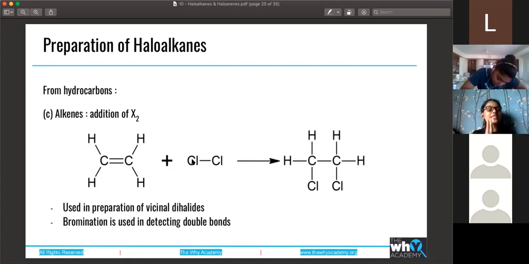Br2 exists as a liquid at room temperature and has a significant brown color, whereas Cl2 is a gas at room temperature and is only a pale green, very light, toxic gas. You can't use that for testing unsaturation. Correct. The reaction will happen, but you can't see it. In the case of bromination, bromine is dark brown and you can literally see the change in color, which is why bromine is used for the test rather than chlorine.